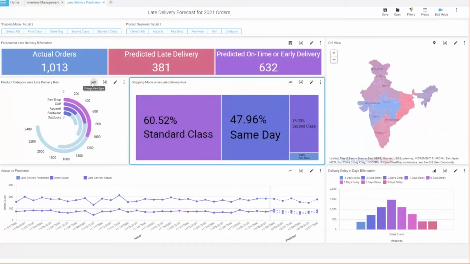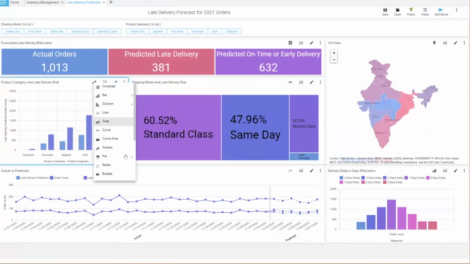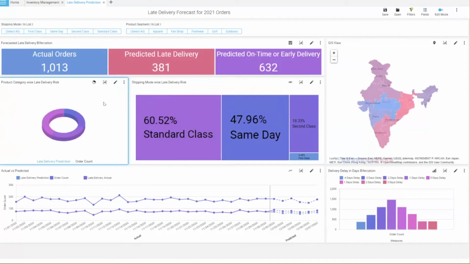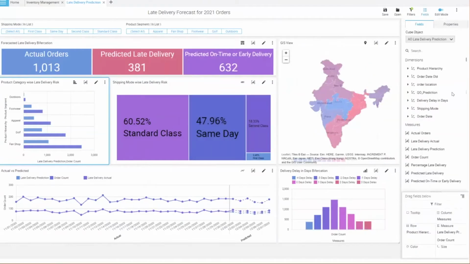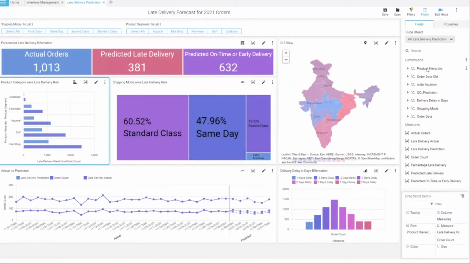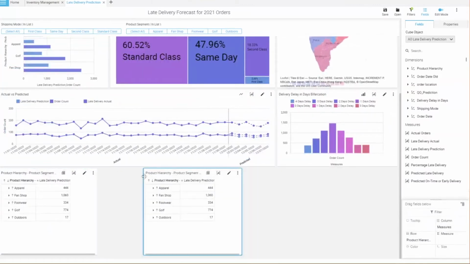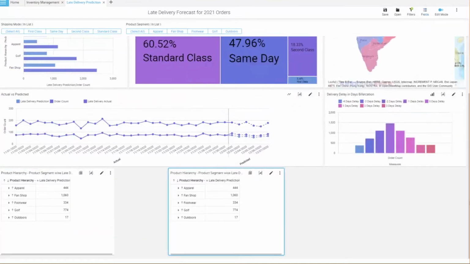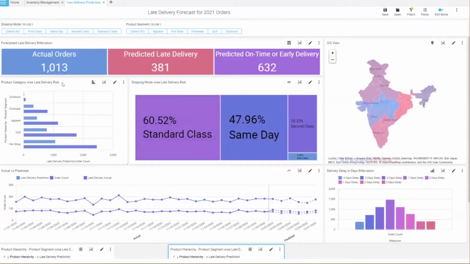So now I can just change it to a different view. I can make use of different types of visualizations then and there. Also, if I want to add a new view, these are a set of views in a dashboard. I want to add a new view. I can click twice or drag and drop, and then change the way I want to present it. As per the data, if you want to compare, go for the particular visualization.